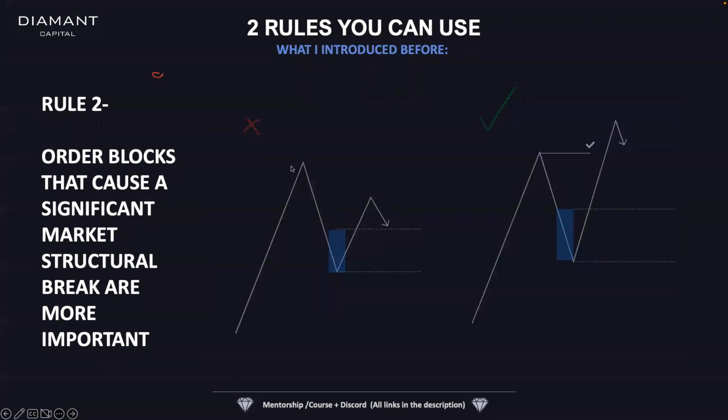Something as simple as this could happen. We have this high over here, and we're expecting that to be broken to the upside. So we're expecting some kind of breaker structure up to confirm our bullish market structure. Now, the problem is this: when we haven't broken that and we're expecting to enter on something like here,